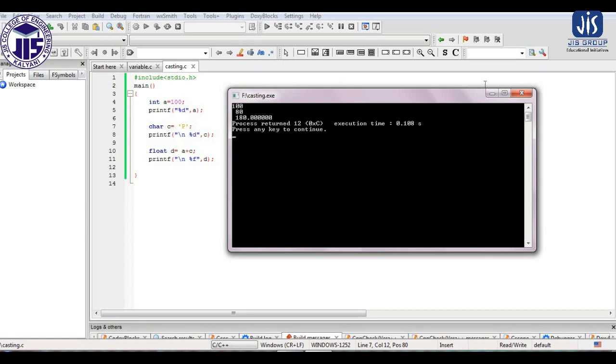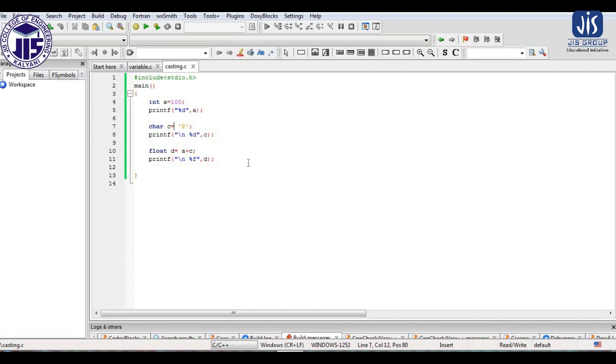That is possible. So this concept is actually known as typecasting, and this is called implicit typecasting. Basically two types of typecasting are there. This is called implicit typecasting because this typecasting is completely done by the compiler. Here the question may arise that I have taken a as an integer type variable, but when I am printing it by using %c, it is printing the character which is related to the ASCII value of a.